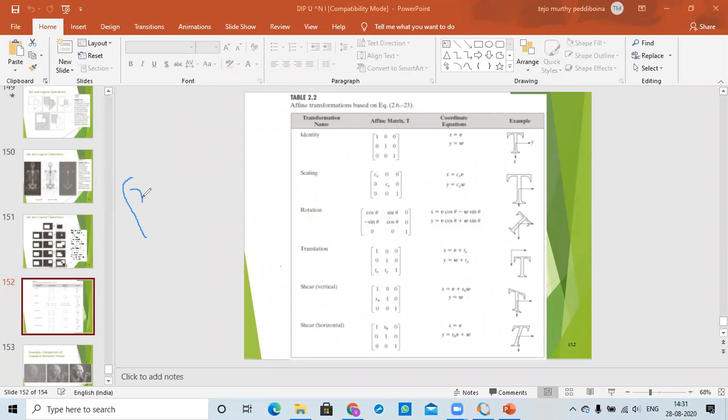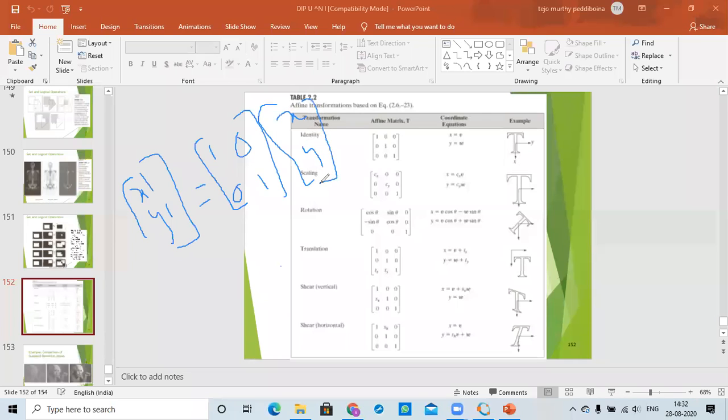So this is my new x dash, y dash, the new pixel coordinates after rotation or scaling. Each pixel we have to take and manipulate according to this formula. Let's take only 2-dimensional, we're not worrying about 3-dimensional. Suppose cx value is 1, then 0, 0, and cy value is also 1, and it should be multiplied by the old pixel values x comma y.